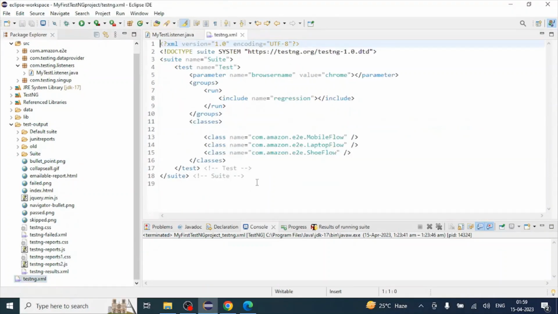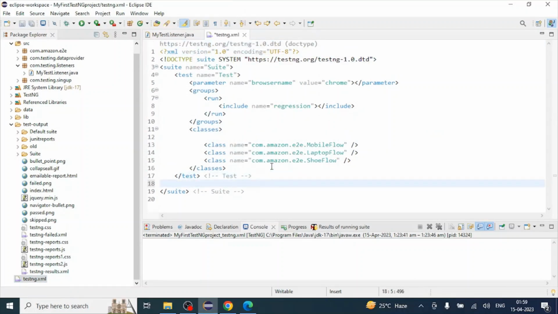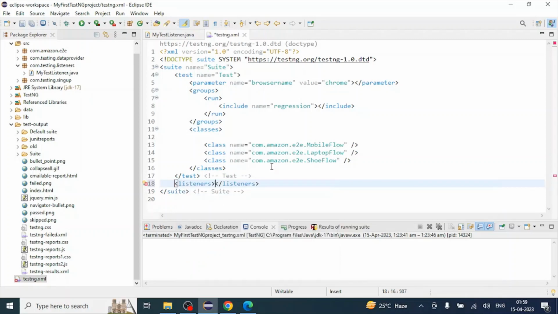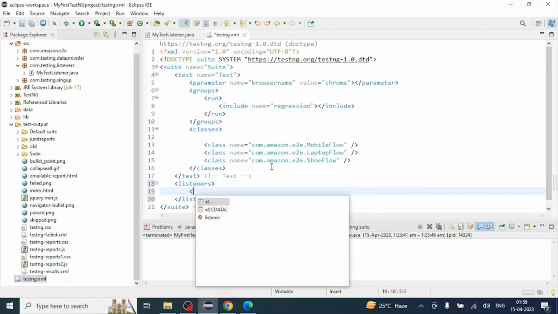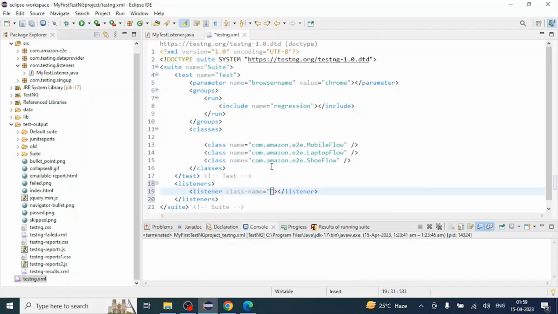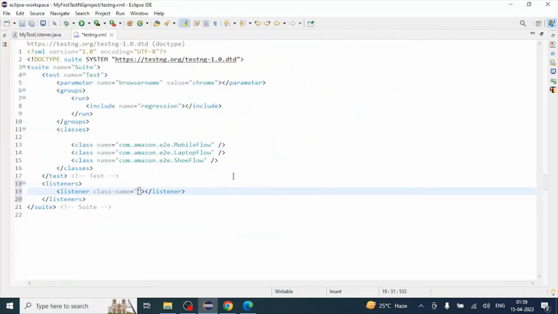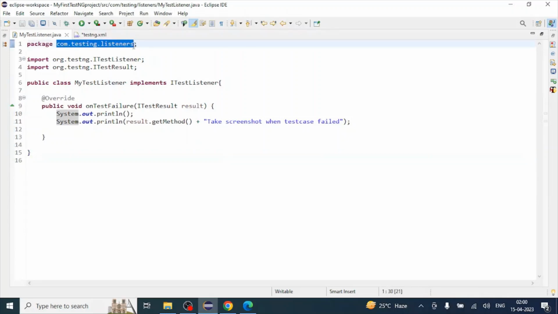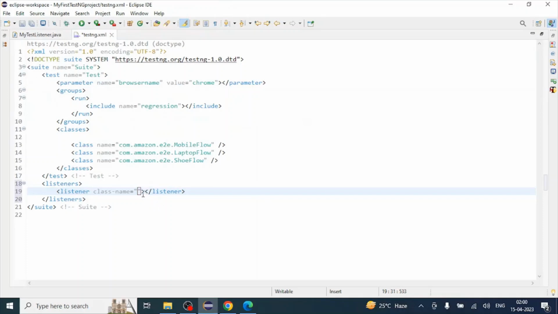Let's click on testng.xml. Just press enter after the test tag. Here you can see the listener. So inside listeners, write listener. Here we need to mention our listener, which we have customized, because TestNG doesn't know about the listener that you have created, my test listener. So we need to put the entry in the listeners tag. Once we put this entry in the listeners tag, copy the class name here,